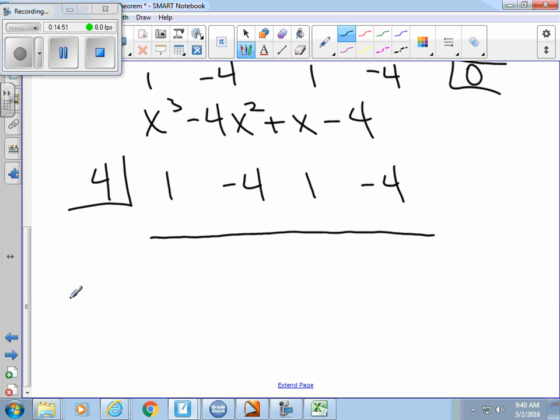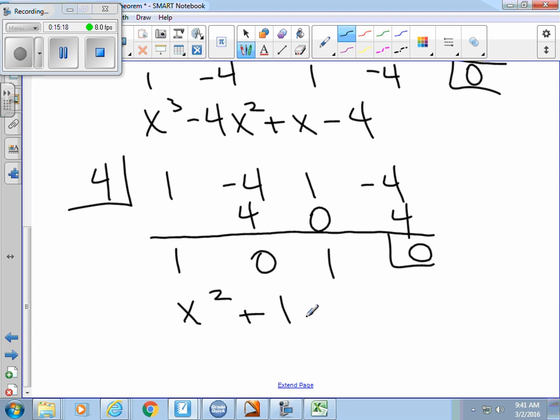So I'm going to divide the x minus 4 out now. This step was unnecessary. I wrote it so you could see what we were doing. But you could just bring these numbers straight down and divide the 4 out. Does everyone know what I mean by that? 1, 4, 0, 0, 1, 4, 0. So now I have x squared plus 0x plus 1. Does everyone agree? So now it didn't ask me to do this. I'm doing an extra step. But if it had asked me to factor the polynomial